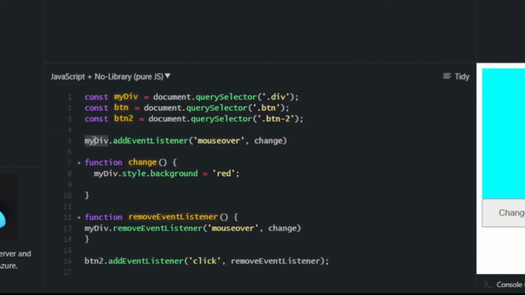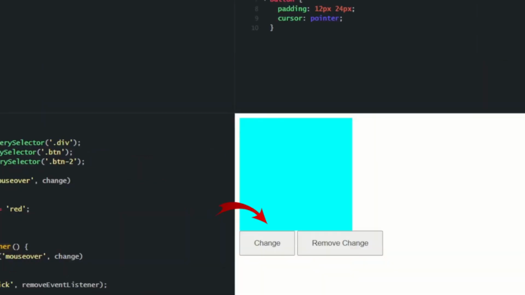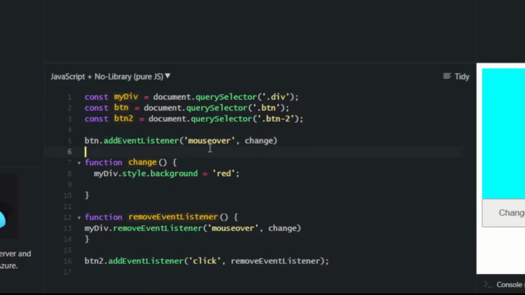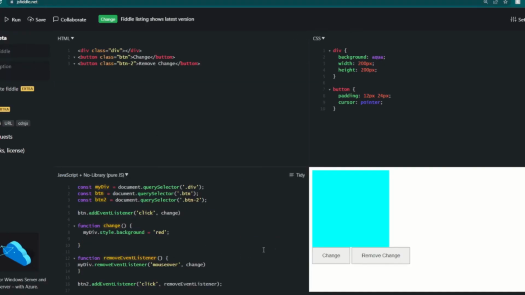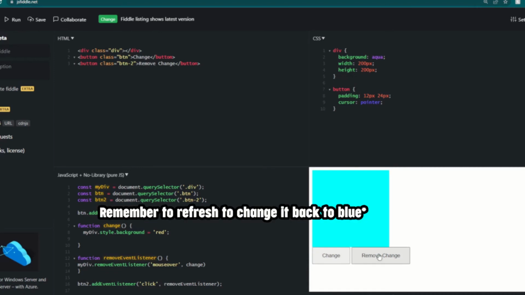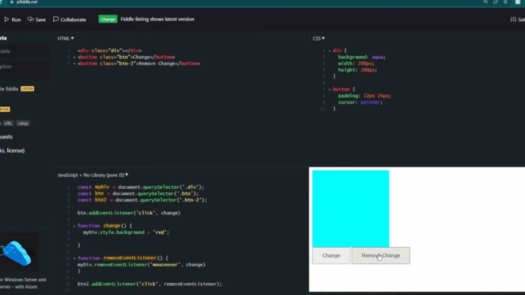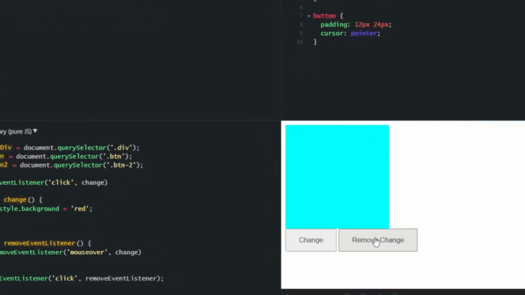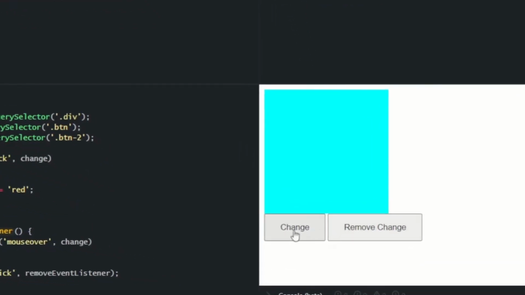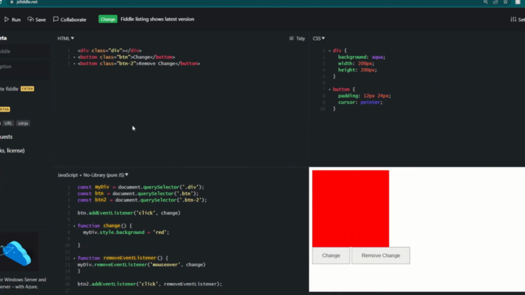We're gonna make a small change to the other code as well, because we'll be making our first button the element we're adding an event listener to, like before, and the event will be a click once again. So now when we click the first button, as usual, it changes the color. But if we first click the remove change button, then that event listener will be removed and there'll be no change in color. Oh wait, no,